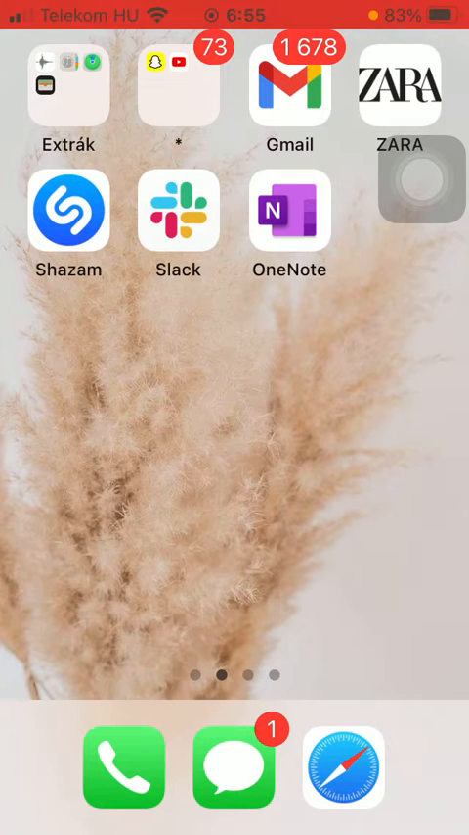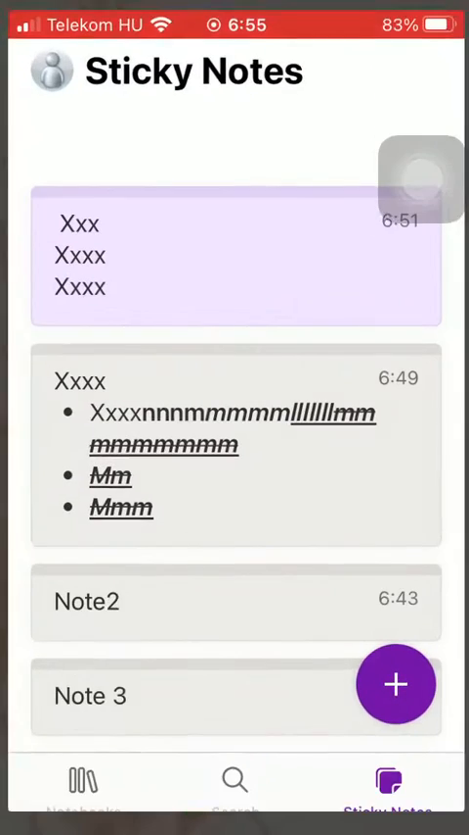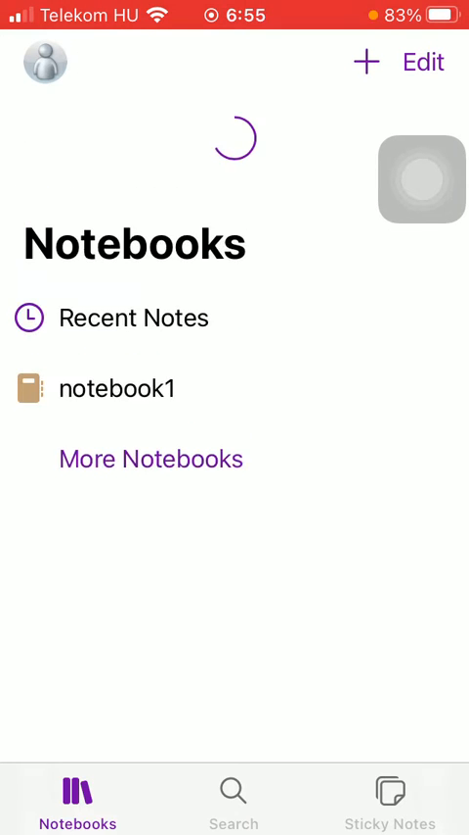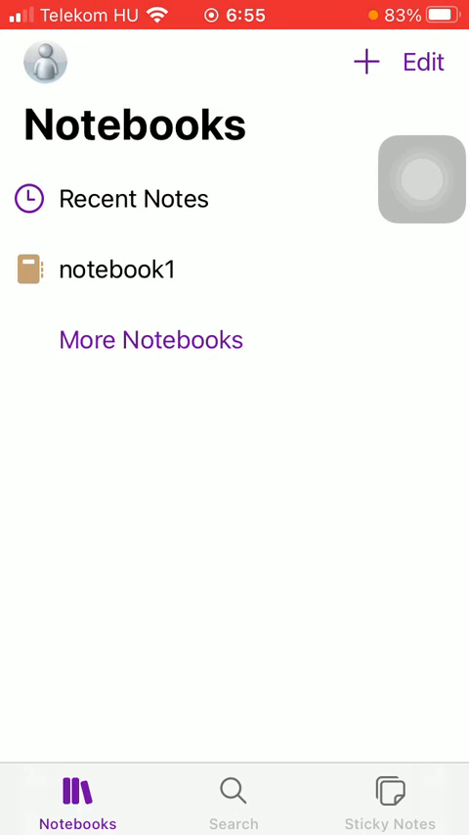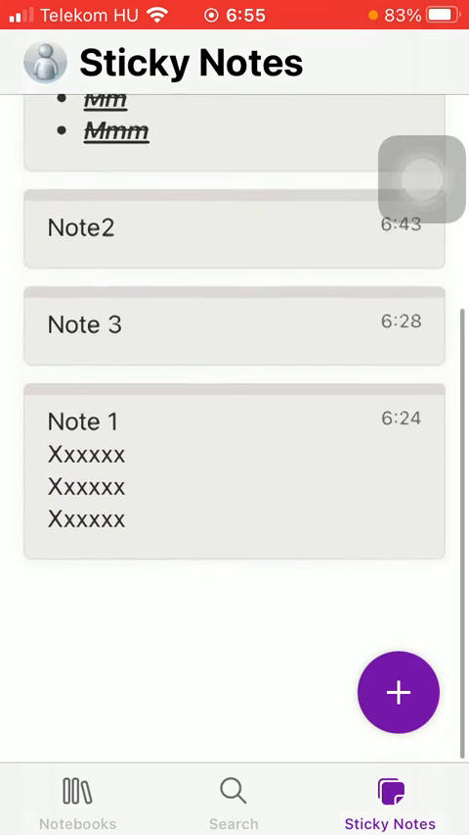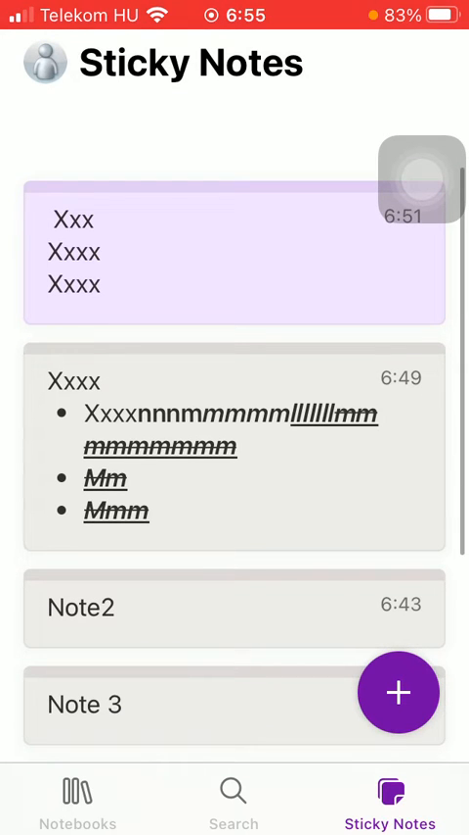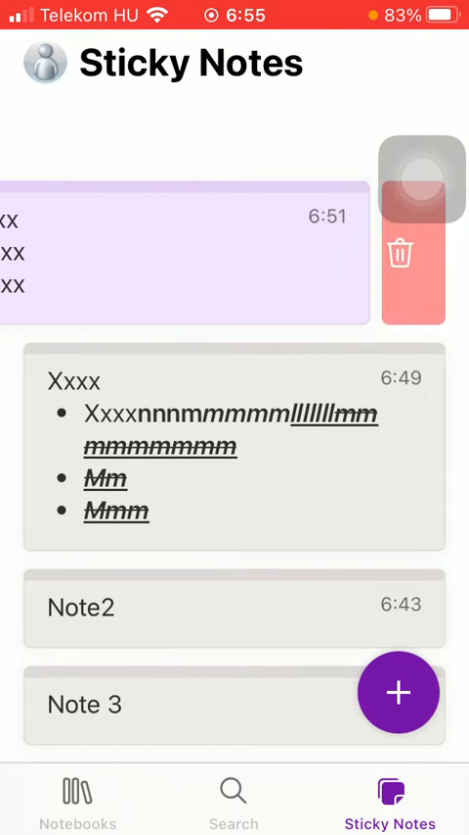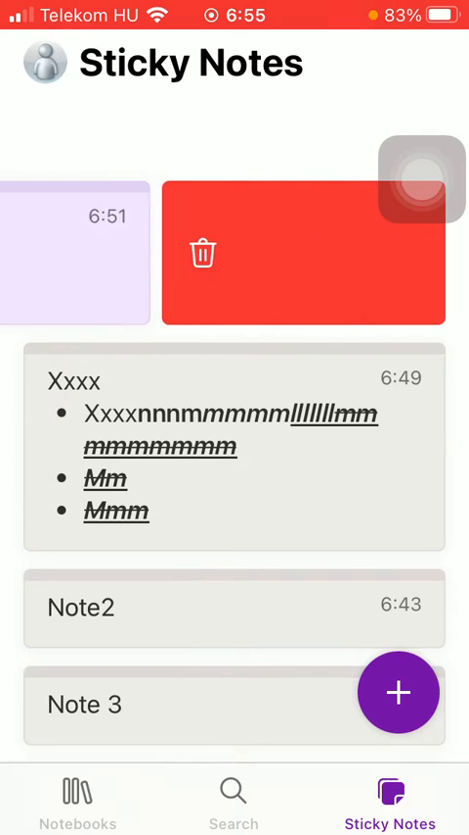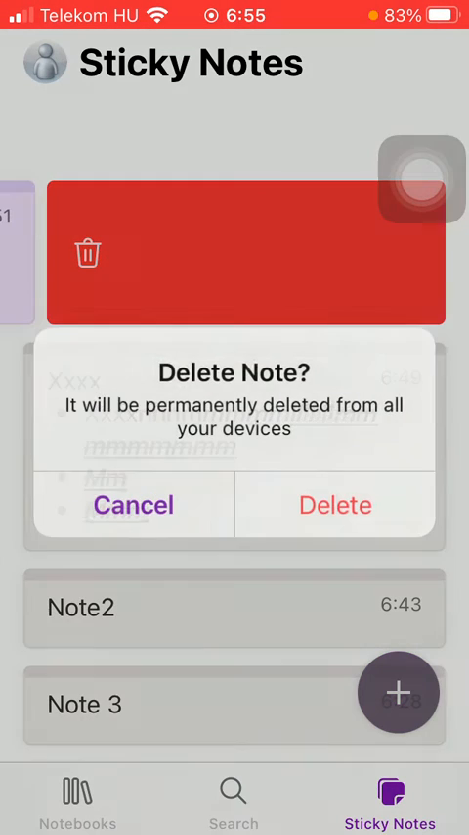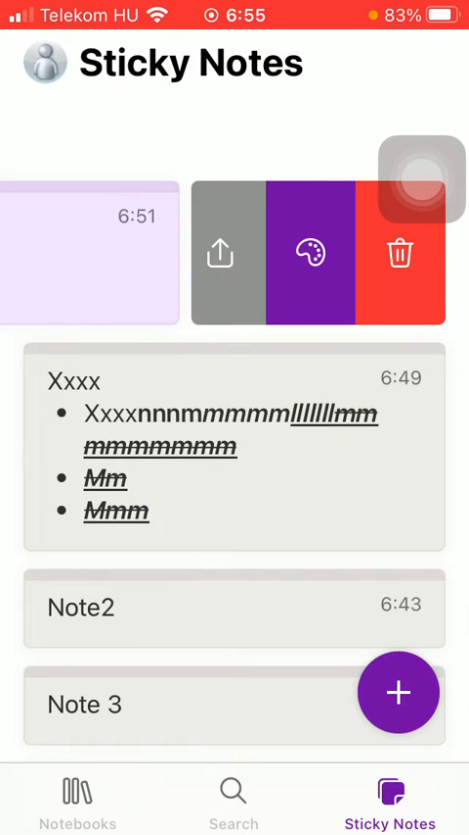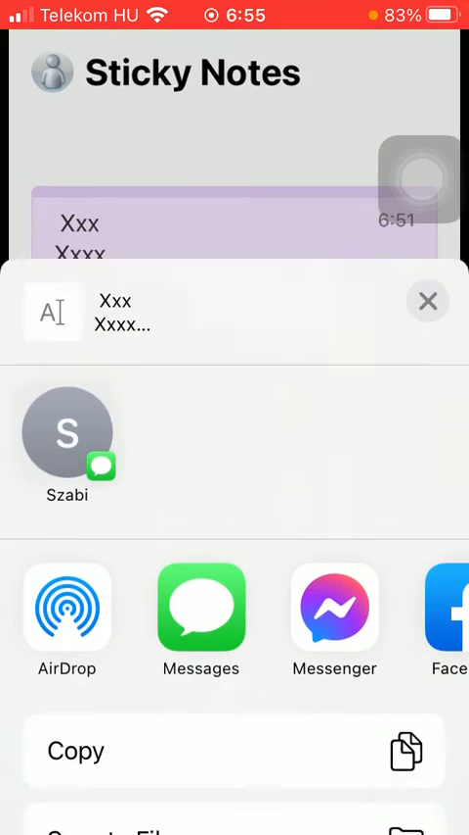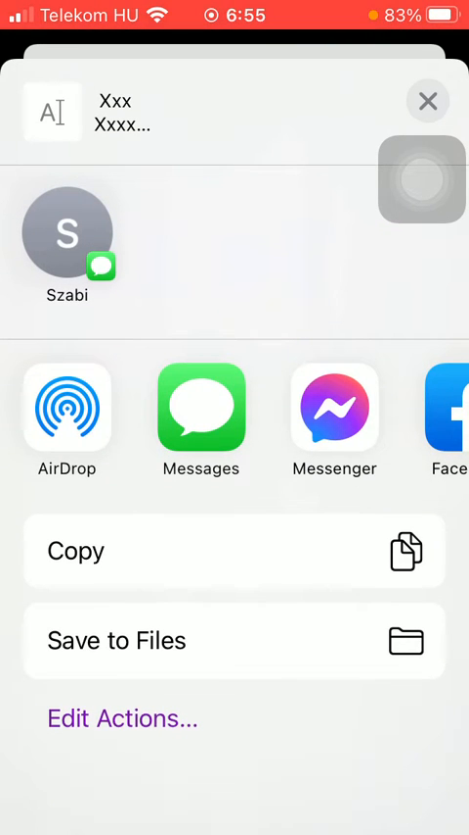So let's jump into it. First of all, open the application on your phone. After that you should tap on the sticky notes icon down below, and here select a note that you would like to share. All you have to do is swipe to the left side of the screen until this first option pops up. Click on the gray icon, and as you can see, you have a bunch of options